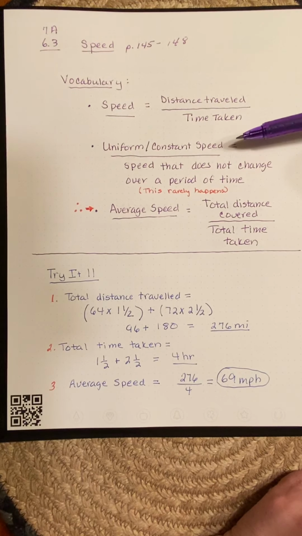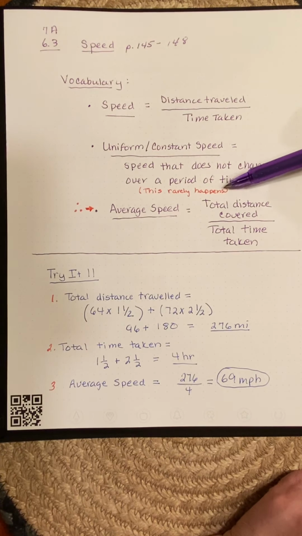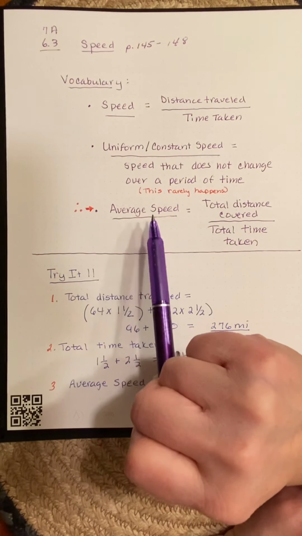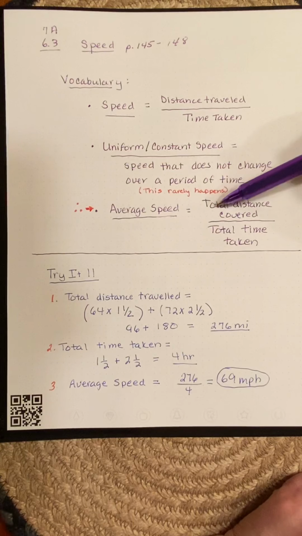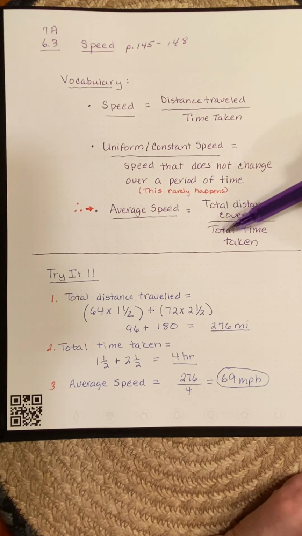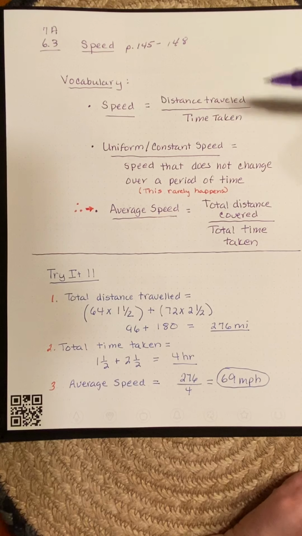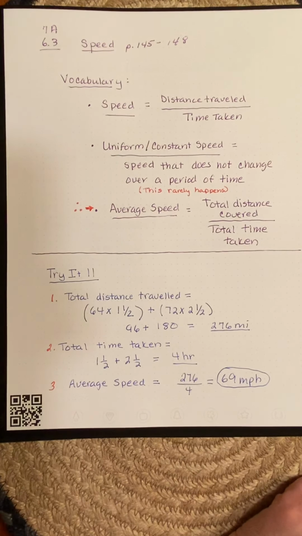laboratory setting, for example. So because this rarely happens, we often find average speed, which again is the total distance covered over the total time taken. So sometimes the distance varies one way as opposed to the other, so you add them together, and then sometimes one way takes a little bit more time than the other, and then you add those together, and then you actually go back to doing what the speed formula does. You just write it like a fraction, figure it out, and that gives us average speed. So, keeping all those little